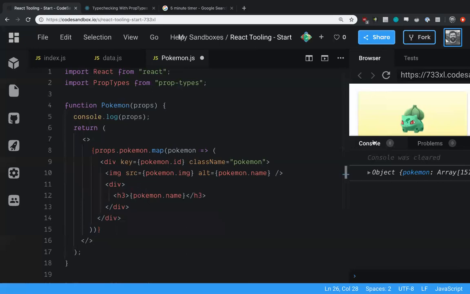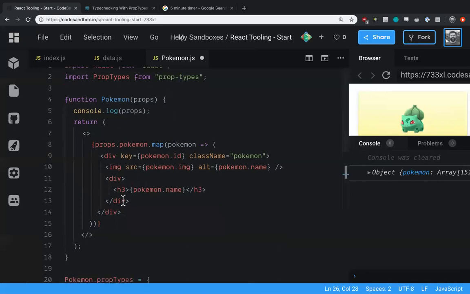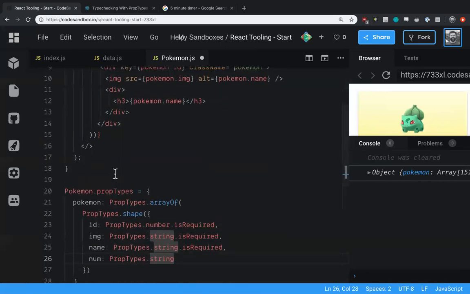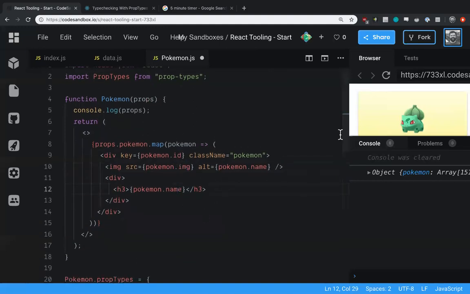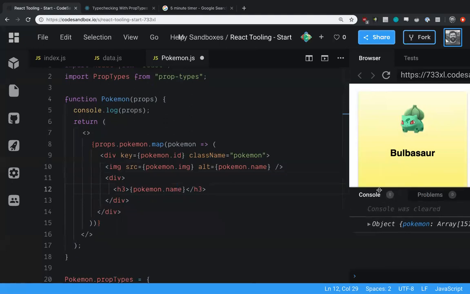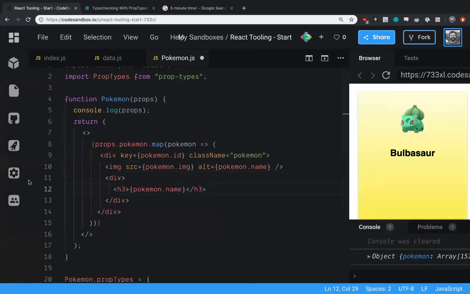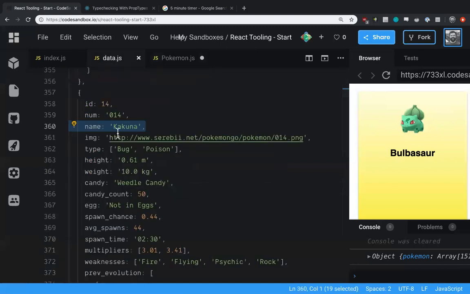Yeah, we're only using the pieces of that object. We're only using the ID, image, and name pieces. So the other pieces are fine to have in there. We would want them to have that data, but they're not required, right? We really want to require things that would break our app. Because if I didn't have, let's go name on there, that would,